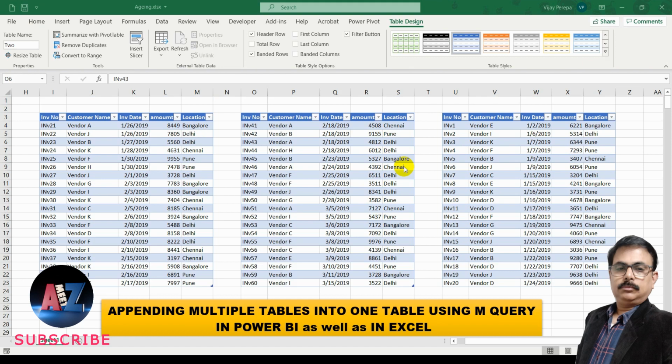I'm using this workbook as an example for this video, having data in 3 different tables. All the tables are in the same spreadsheet, though that's not necessary. You can have these tables in different sheets in the same workbook. Another thing you need to notice: the column headers of each table are the same and the number of columns is the same. Then appending is easy. Another thing I did is convert each table into a dynamic table using Control L. You can use Control T also, that is a shortcut.